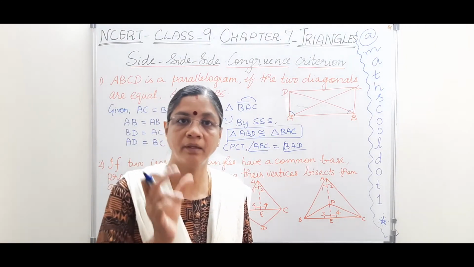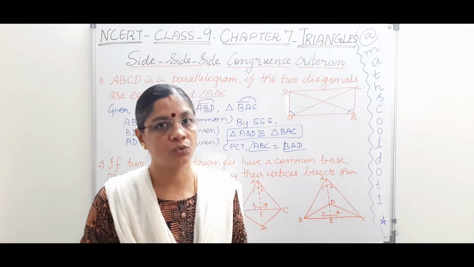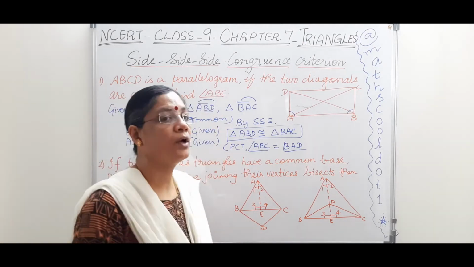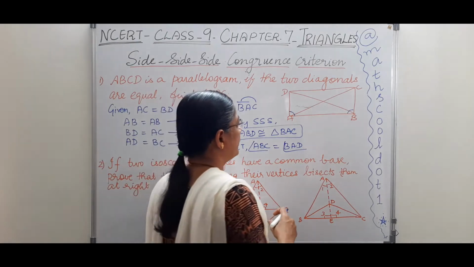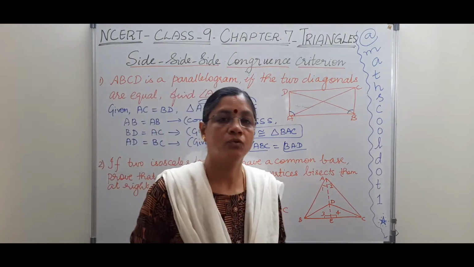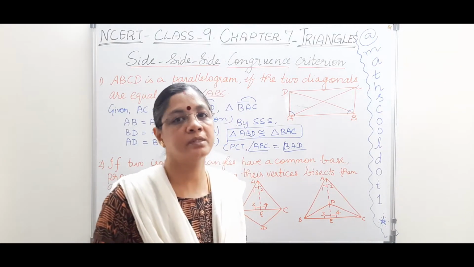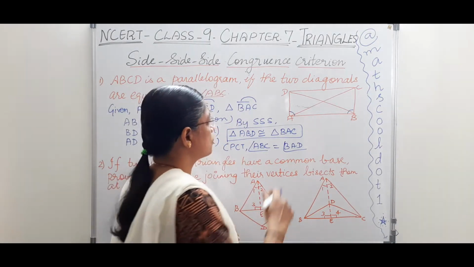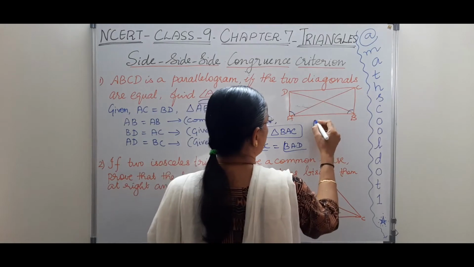Now we need to find the measure, that is in degrees. We need to say what is the measure of ABC. So for that, what do we do? We take the first sentence, ABCD is a parallelogram. So in a parallelogram, we have opposite sides to be parallel, right? So I take AD parallel to BC,